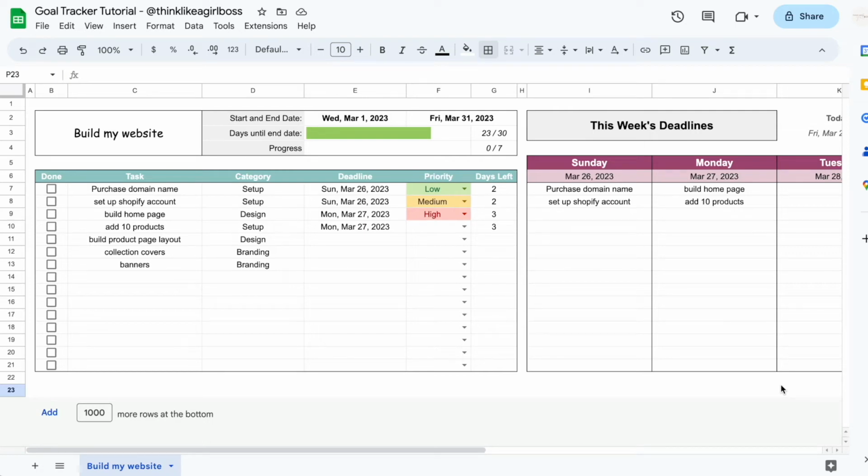Welcome to this video. In today's tutorial, I'm going to show you how to create this goal tracker layout that I built right here. I created this for those types of goals that have several actions, several steps you need to take, several tasks that you need to do to get them done. And I also included a lot of features and formulas, as many as I could, so I could teach them